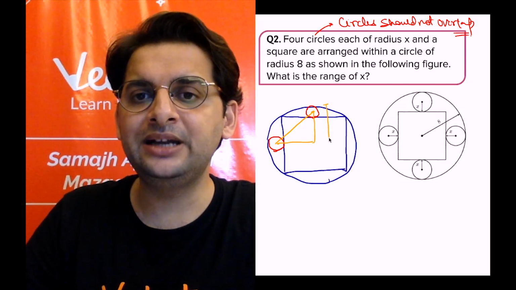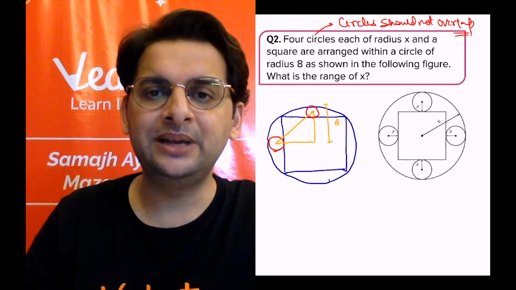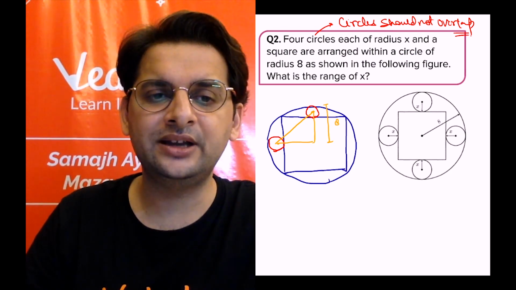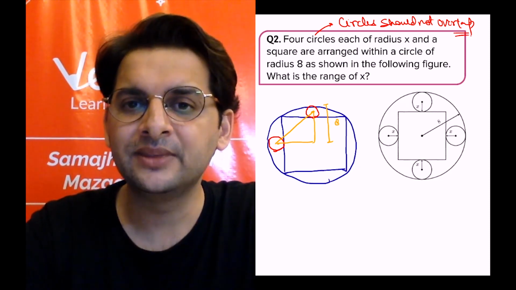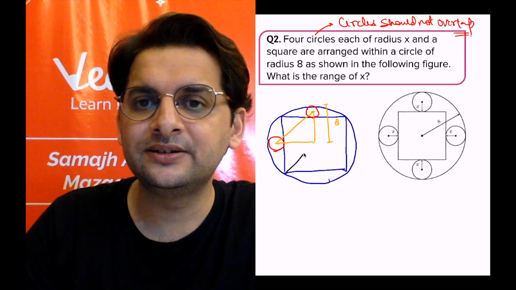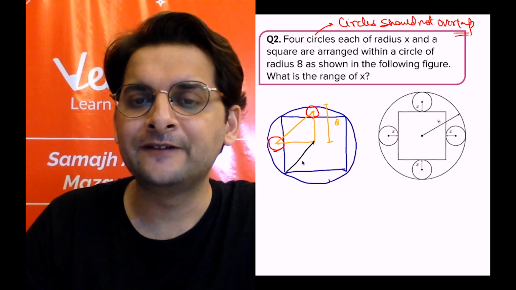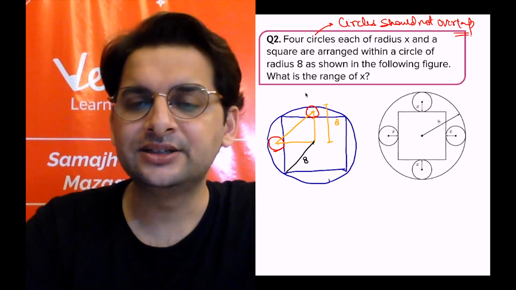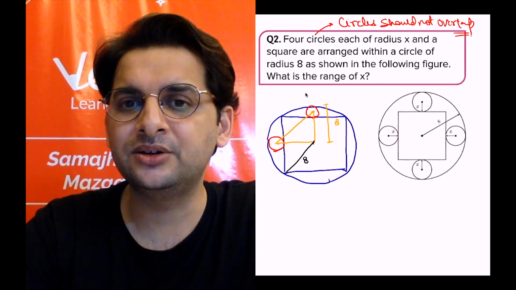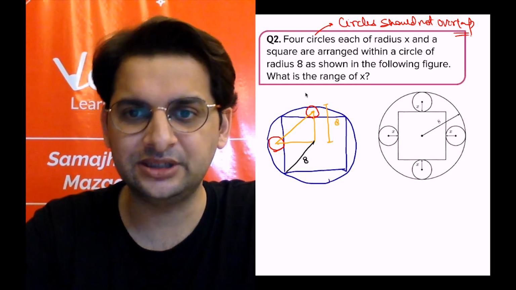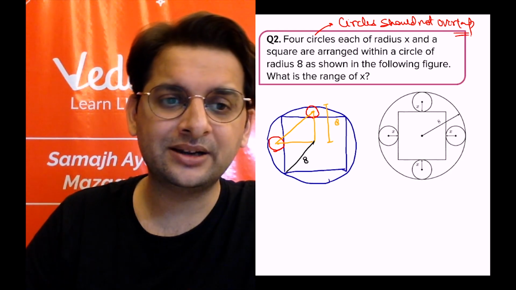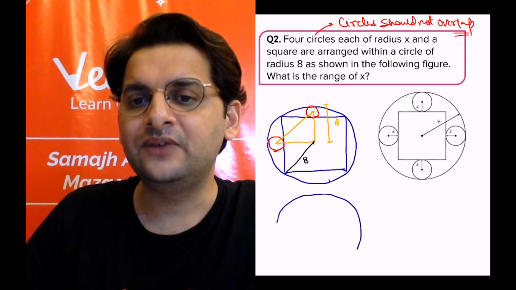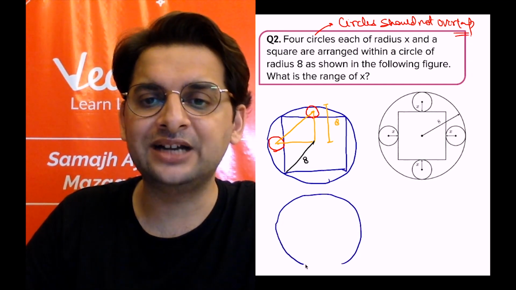So we know that this complete length is 8. Can we think of anything here? Apply Pythagoras in some way, because we know this length. This length is 8 and this length is 8. So can we in any way apply the Pythagoras theorem? Right. So try to think of this yourself. And also let me side by side give you a hint for the largest value. When will this be largest? So you can solve both of these at once.